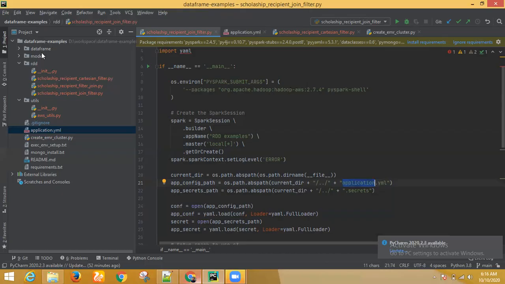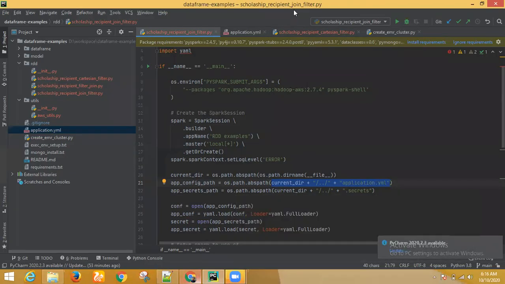So when I want to read the application YAML file, I'm using the syntax os.path.abspath, and inside that I'm passing the current directory plus the application.yml file, so that it points to this particular application YAML file.